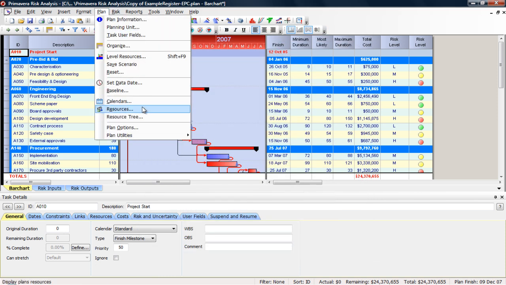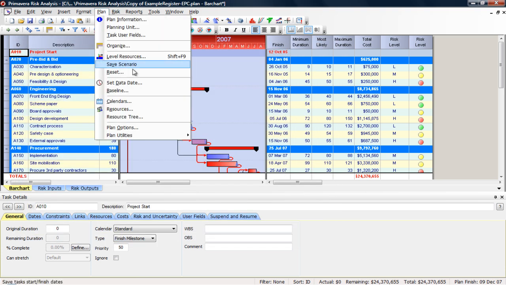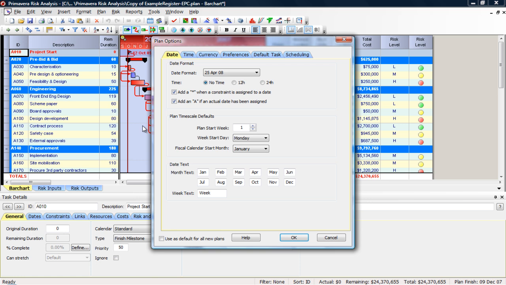Once again, most users will never have to go in and set up resources either. Any resources you've set up in another scheduling tool are going to come right over, including resource calendars, leveling options, and things like that. You can also come in here and set up your leveling options, under Plan and then Resources. You can take a look at the resource tree, but under that, Plan Options is actually one of the most